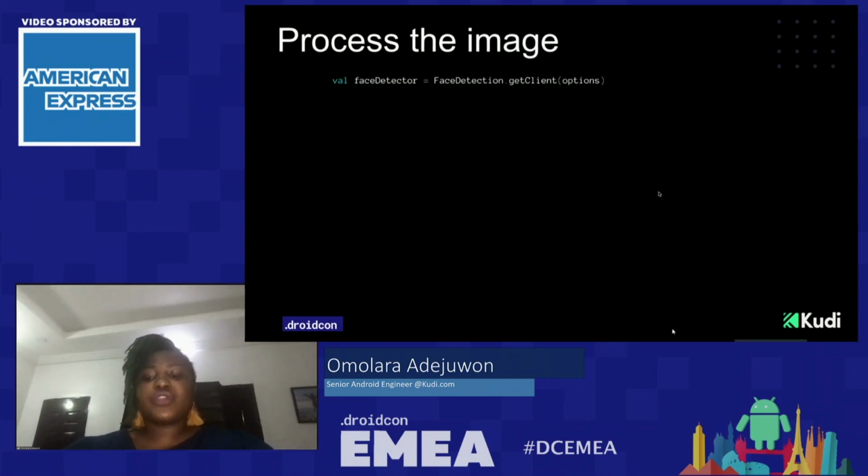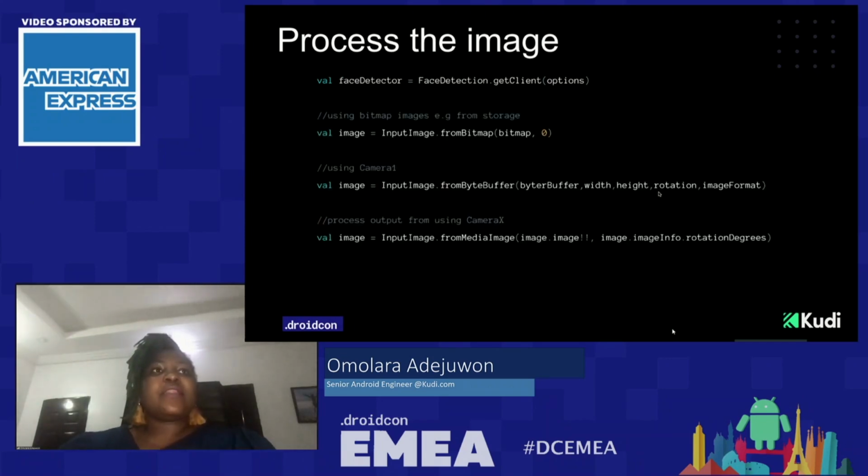So now that you've built your options like we did in the previous slide, you want to get your client. The client for face detection is FaceDetection.getClient. It returns the client, a detector or a processor, for you, passing in the options you've built in the previous slide. And also one thing that is useful to note here is that most of the Vision